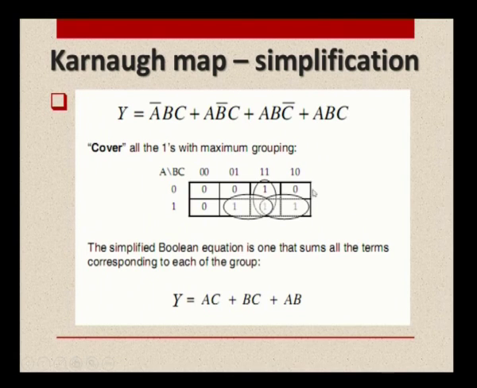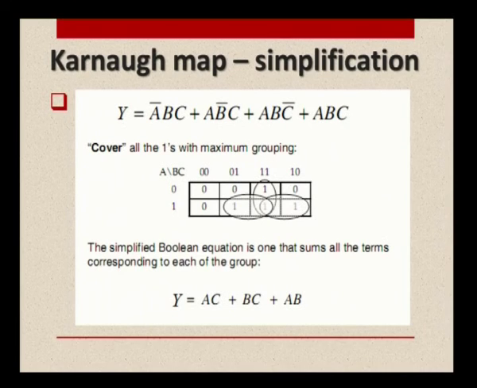If you could have a look at the box, there are 8 boxes possible. As I said, if it is a 3 variable system, there are 8 combinations possible for the A, B, C, right? 3 inputs, so it is 2 to the power 3. There are 8 combinations possible. Each box represents one such combination, and if it is in the sum of products, for each product we need to identify and put